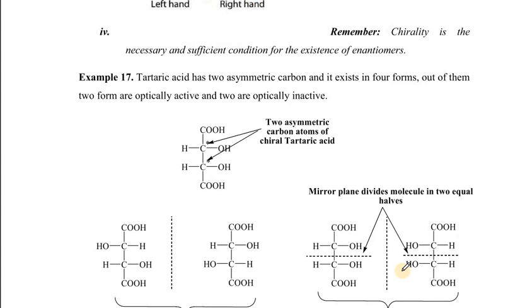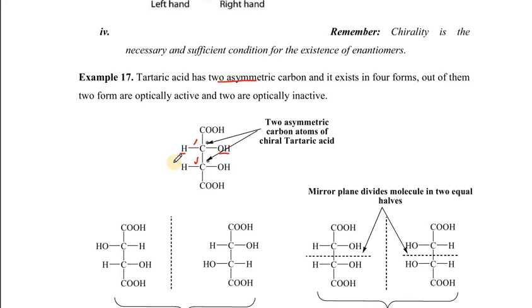But if we see in this example, tartaric acid, two asymmetric carbons are present. This carbon is asymmetric, as four different groups are attached: one group is this, the second group is this, then OH, and the fourth group is this whole group. Similarly, this carbon is again asymmetric because it also has four different groups: one this, second this, then third, and fourth is this group. So both carbons are asymmetric, both have four different groups attached to them, but